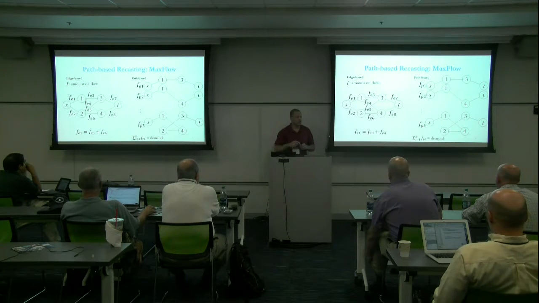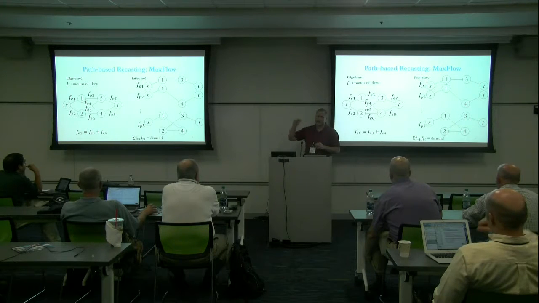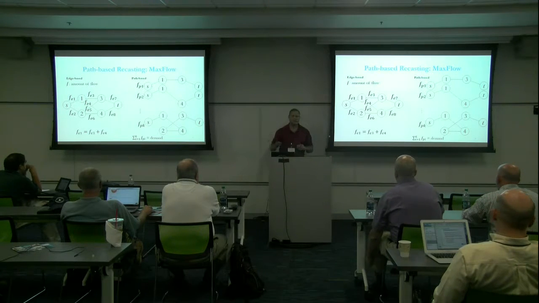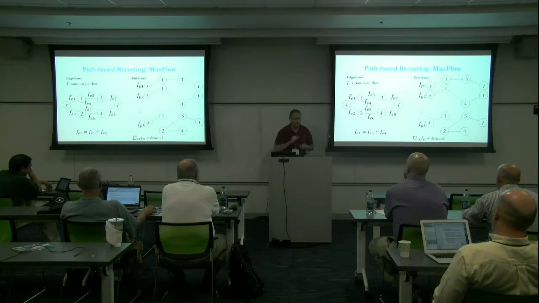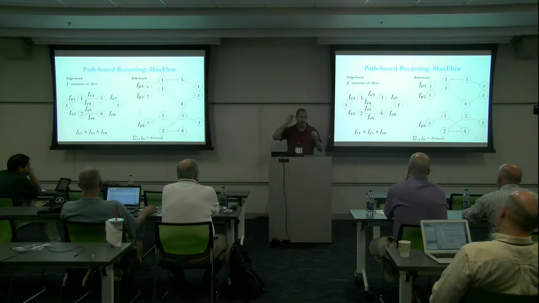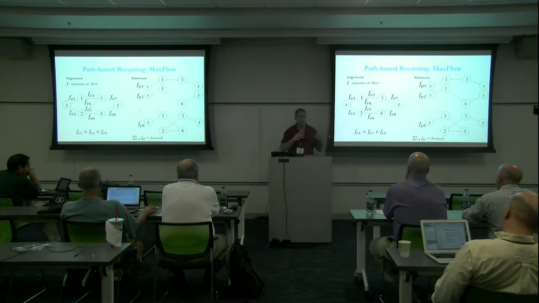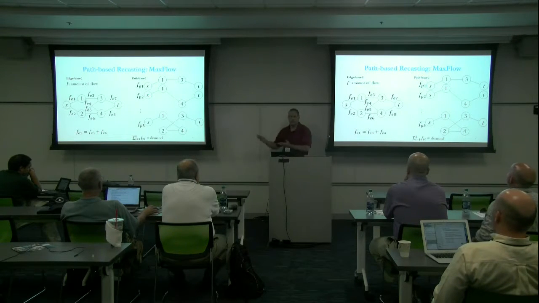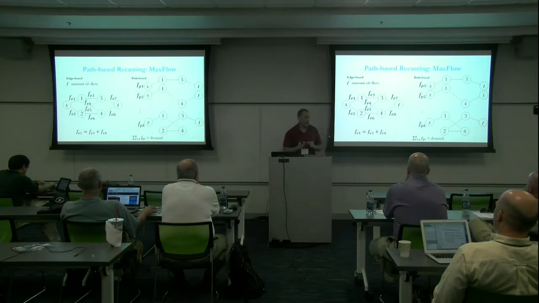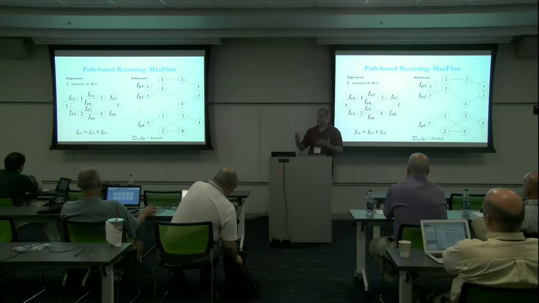What we're going to do in this work is think about it from a different perspective: imagine every possible path that you would want to take through this network, and then think about how much flow gets sent along each path. Then you can express things like, the flow that goes across all the paths between the source and the sink has to match the demand placed there. The reason you don't think about it this way in your algorithms class is because there are just a lot of paths. You get an exponential blow up, and that's not the right way to think about this problem, right? Well, that's kind of true, and we'll see how we get around that in a few minutes.